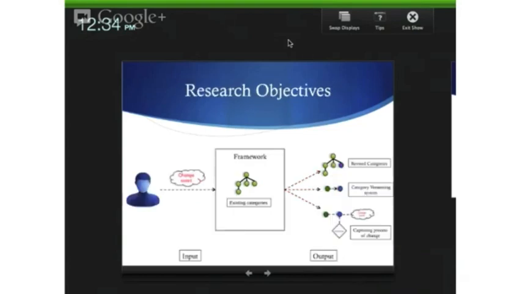The next objective is to build a framework. Here I have shown a framework in terms of the input I expect and the output I expect from it. The framework will be flexible enough to allow researchers to input change events. What I mean by change events are the factors that may lead to changes to a category. It could be a conceptual change, a new instance, anything that could lead to changes to a category, and other information that might be required during the process.